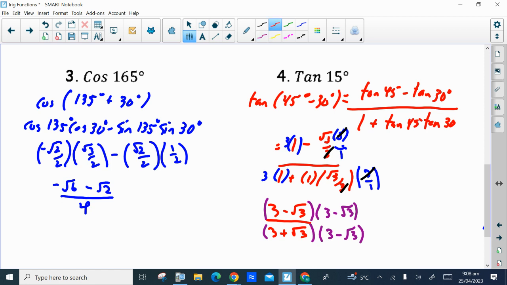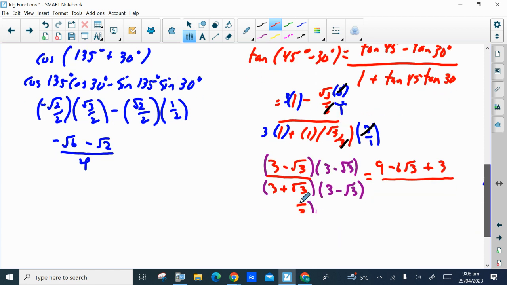That's how we rationalize denominators that are a binomial. So on the top, when we multiply this out, we're going to get 9. The outer products will be negative 3 root 3. The inner will also be minus 3 root 3. They combine to minus 6 root 3. And the last term, a negative times a negative is a positive. Root 3 times root 3 is 3. On the bottom,